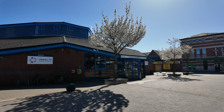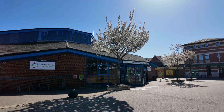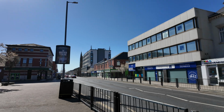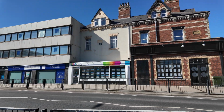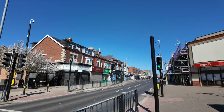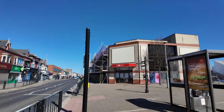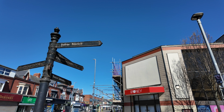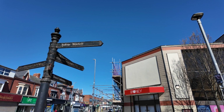You've got another community hub here, the central one here, in the start of the shopping area. It's a nice quiet area, plenty of trees down the side roads. Signpost to the indoor market and the shopping centre and tourist information. I do like it when I see a large clock on the side of a building, and it's my little